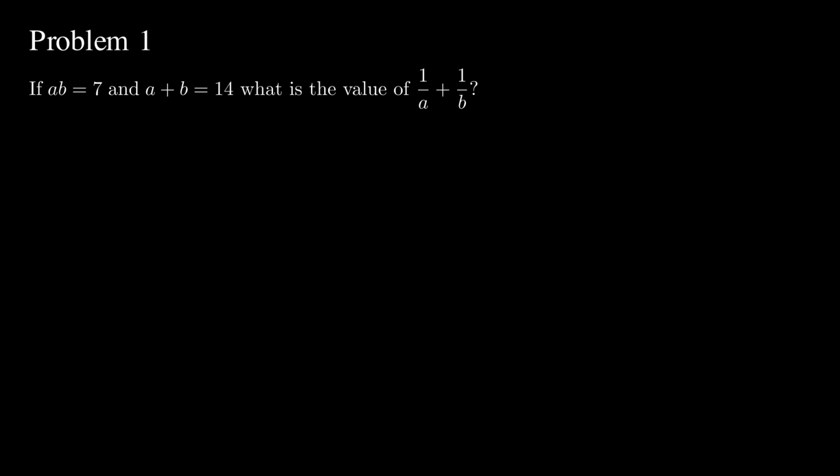Now the reason this is tricky is because when most people see this for the first time, they focus too much on finding the actual values of a and b that they forget to use what is right in front of them. So what are we given? We have a sum, a plus b, and a product, a times b, and we need to relate them to fractions. But how? Let's go back to grade 5 for a second and think about how we would add two